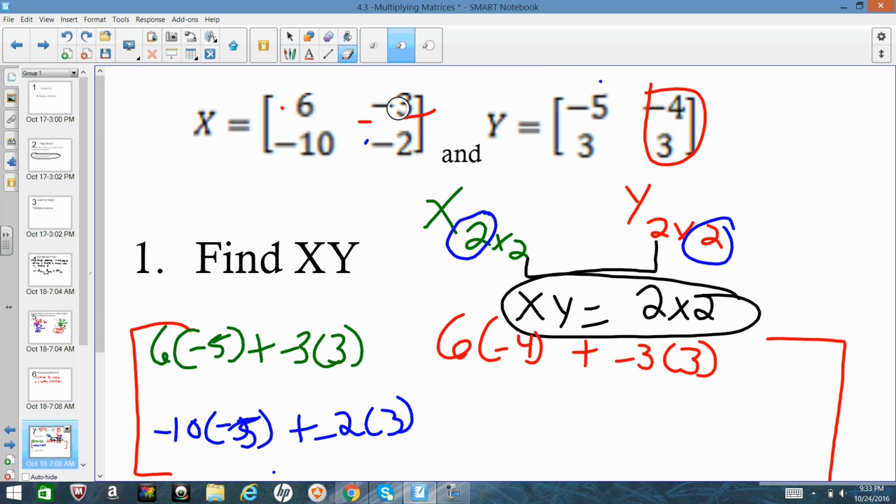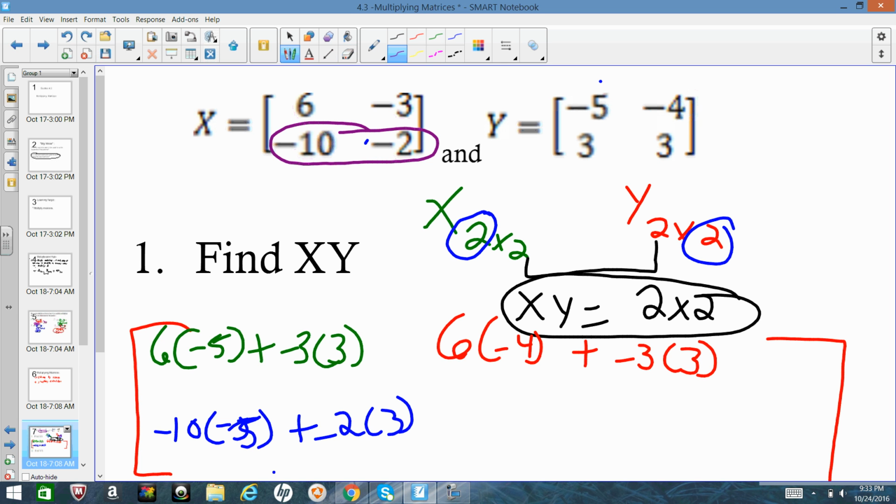And lastly, we're going to go in purple. So the bottom, negative 10 times negative 2. I'm going to erase this. And again, because I'm looking for this bottom area down here,